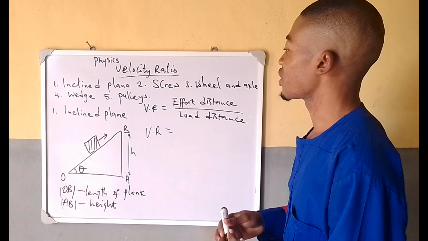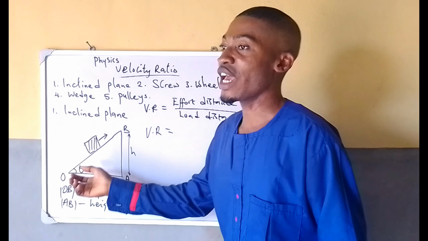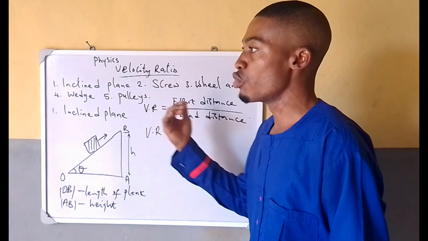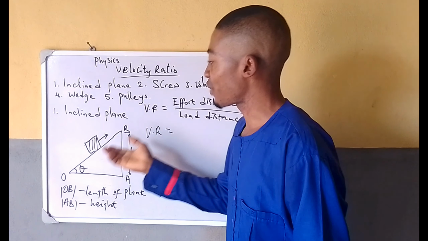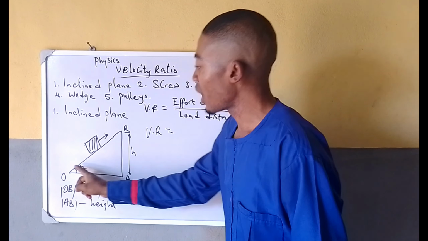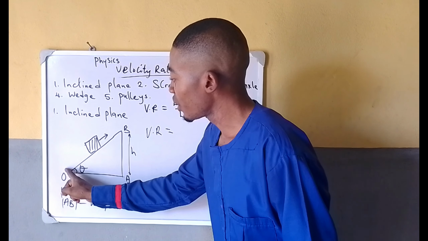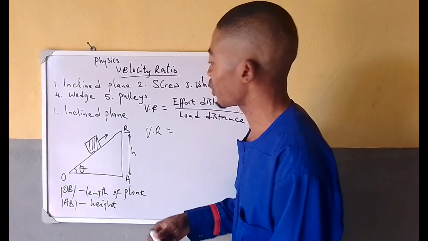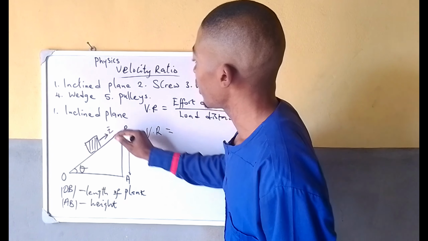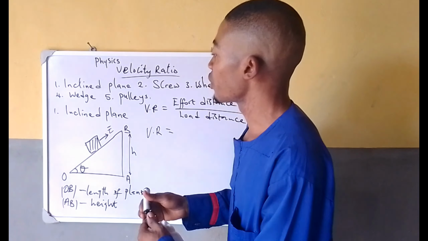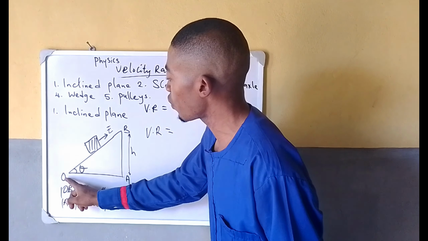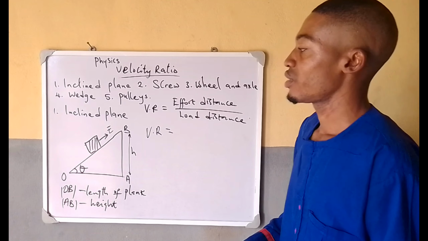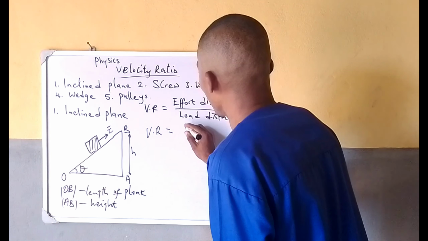Effort distance talks about the distance that the effort will move. Let us find it from the diagram here. You are pushing the object from here to this top. So the effort applied is moving in this direction. This is the effort here, and the effort is moving up. So that effort is going to move a distance that is equal to the length of the plank, which is OB. So it's equal to OB